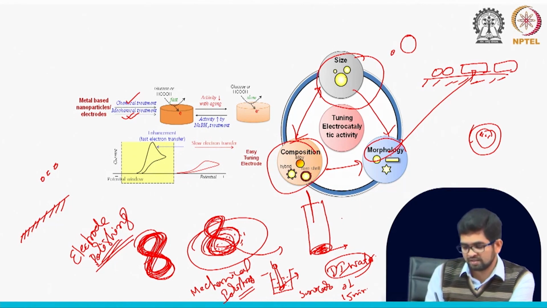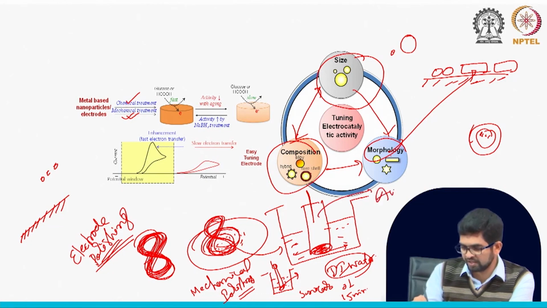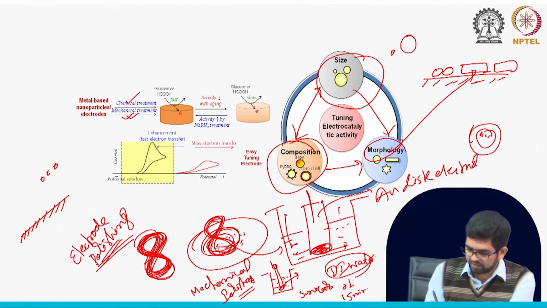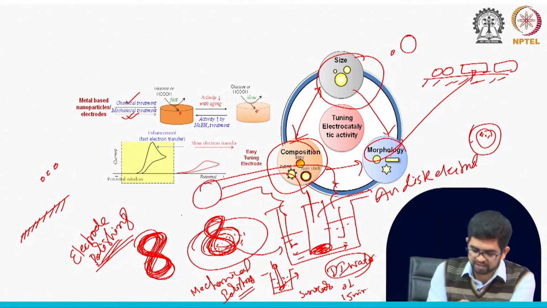You can take an electrochemical cell, with your gold disc electrode, the Au disc electrode, put here a reference electrode and a counter electrode, then connect all the 3 electrodes to the potentiostat,